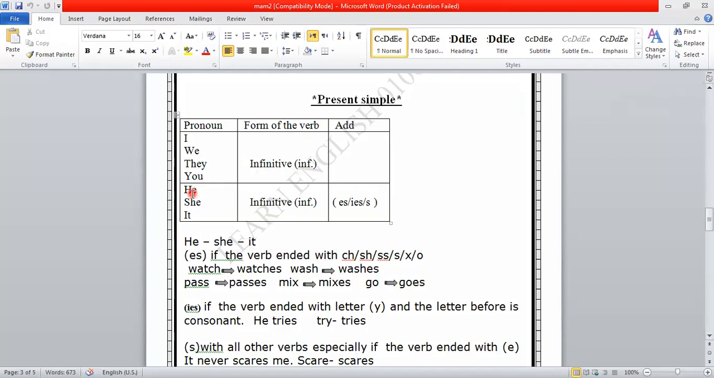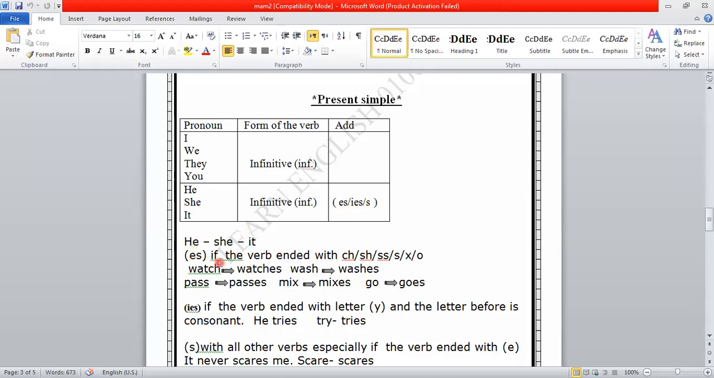Second part, if you use he, she, or it, or a singular noun, we use the infinitive form of the verb, but we add these endings: es, or ies, or s. We will start with es, and the question we have now: when can I add es or ies or s? Okay,